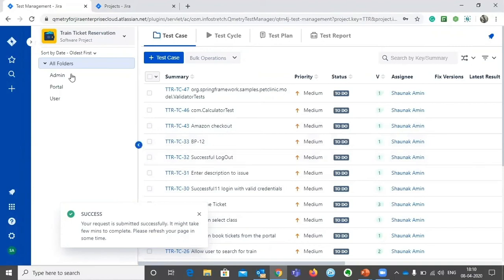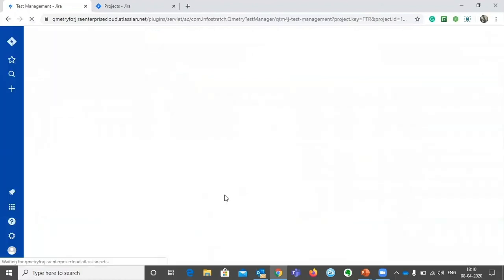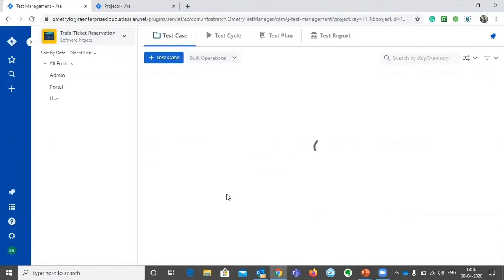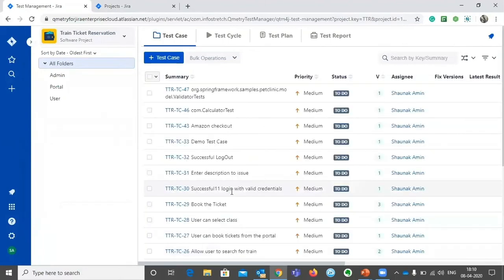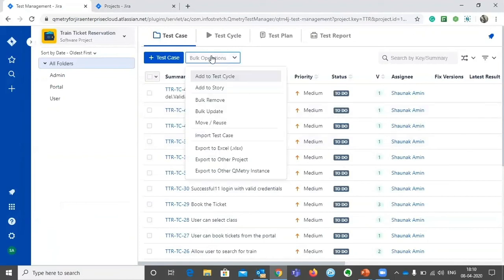Once you perform the bulk operation, you just need to refresh the page once again. Here you can see that the summary of that test case has been changed with the other details which are selected.